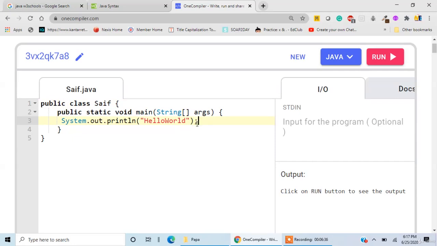Anyways, so now as you can see, we have this public, which is an access specifier, I've already told you. And static, think of static. Static basically means we do not have to create any object of the class. What is an object? We'll see about that in later videos. We do not have to create an object of the class. And void basically means the